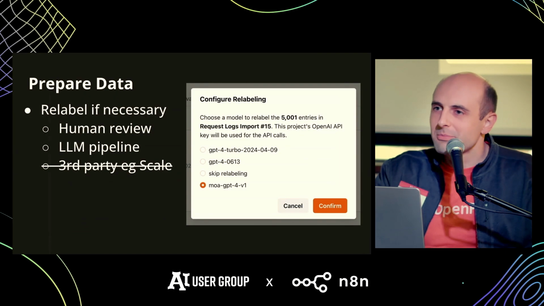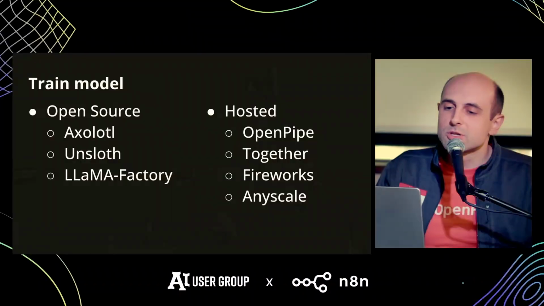You can also use LLMs and different types of filtering. I do find that third parties like Scale AI are probably not a good fit at this stage for most people, just because LLMs are able to replicate them. But internal human review can often still be really valuable because you have unique insights into what you're trying to accomplish. Okay, next you need to train the model.